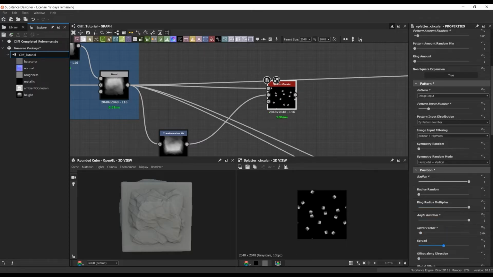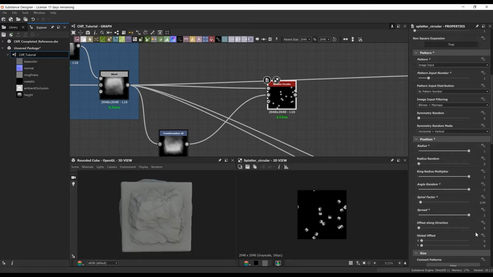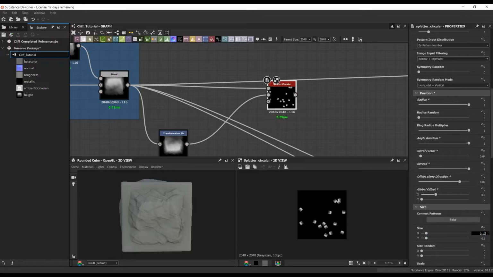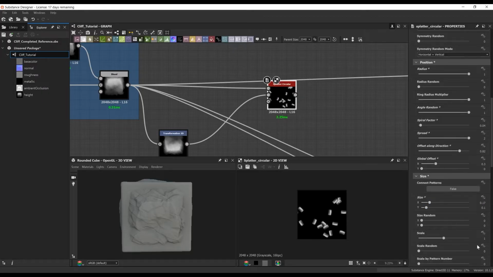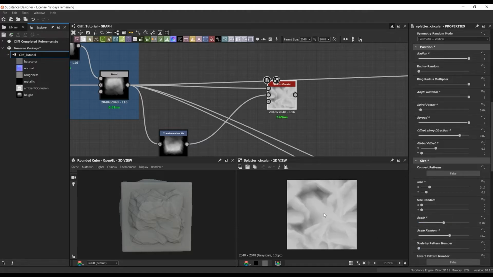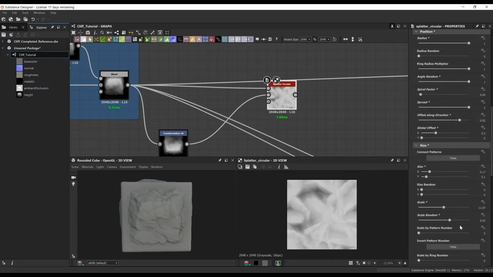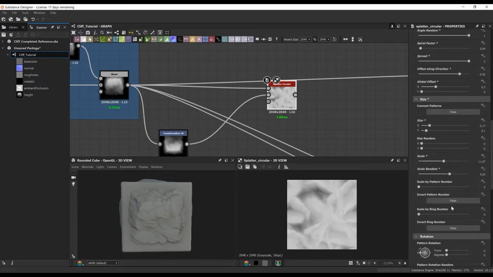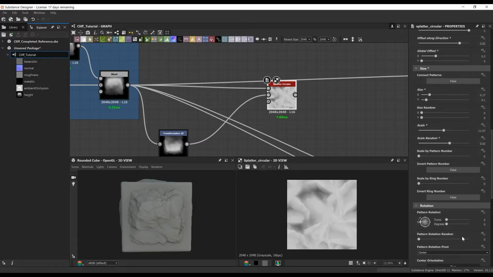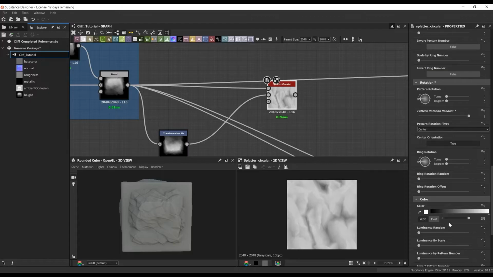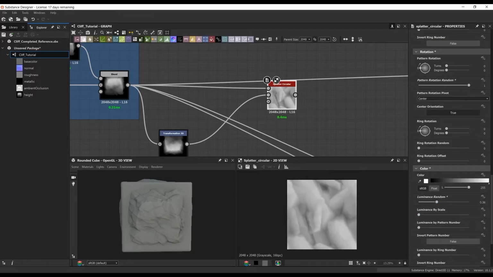And here, this is where the fun kind of begins. This is where you guys can start messing with these different values and see what kind of results you get. The main ones I would say to play with are the position random and the scale. Once we start bringing up the scale, you can see it starts filling in the whole node a little bit. And then start messing with the luminance random. That way it breaks up how much these rocks are laying on top of each other. And also the pattern rotation pivot is a good one to play with as well.